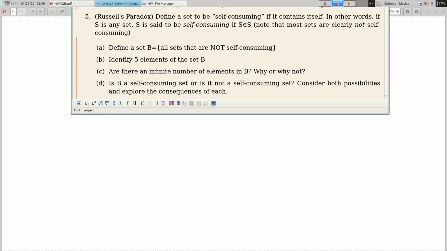Self-consuming, that should be in here. Any set not self-consuming is in here. So it's either simultaneous and be a